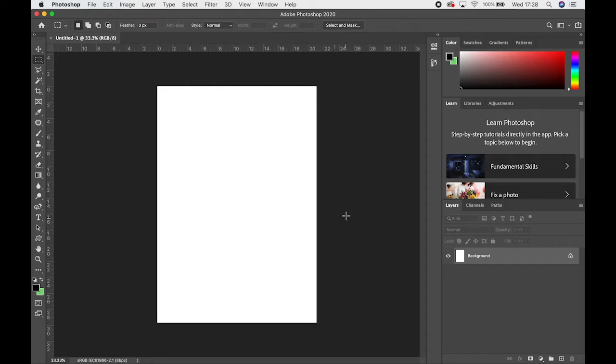So in this session of Photoshop tutorials, I'm going to be going over a few more basic tools that are very critical to being able to use Photoshop effectively and efficiently. So the first of these I want to touch on, which is probably one of the most crucial, is layers